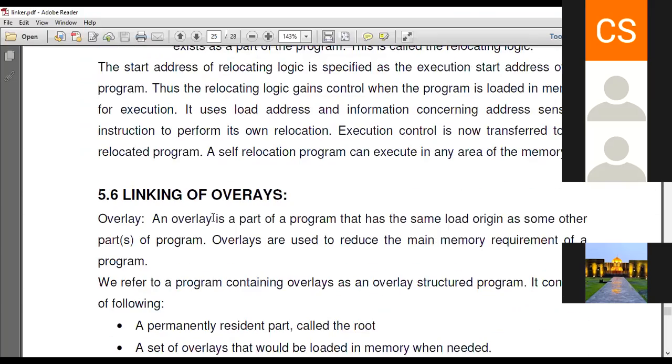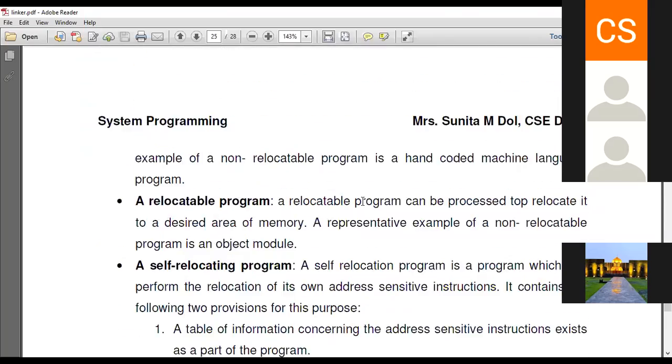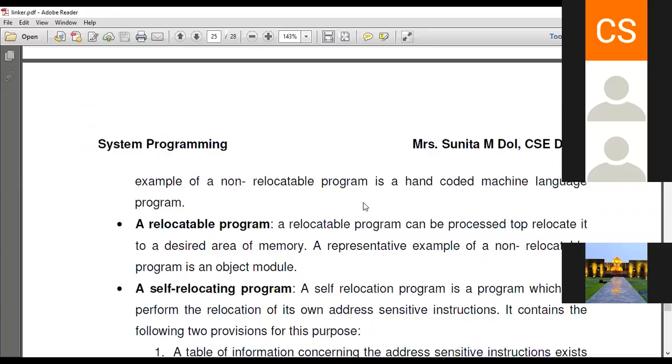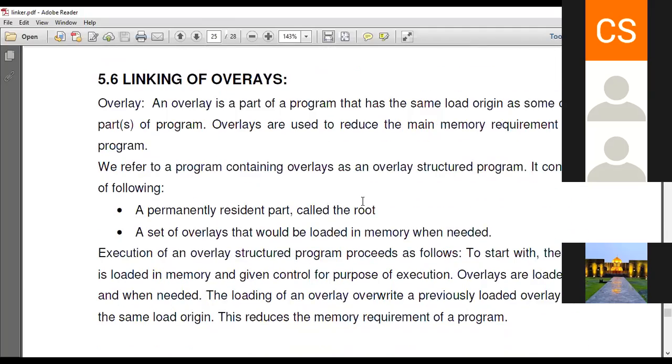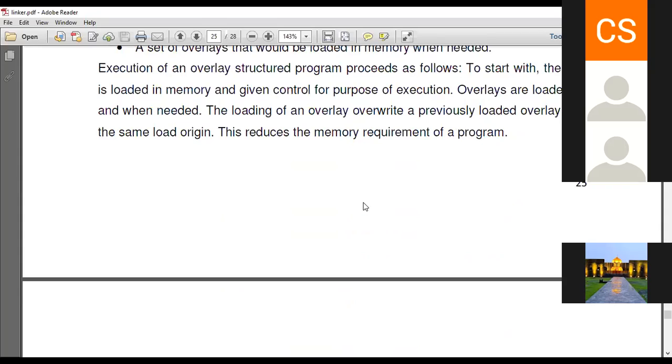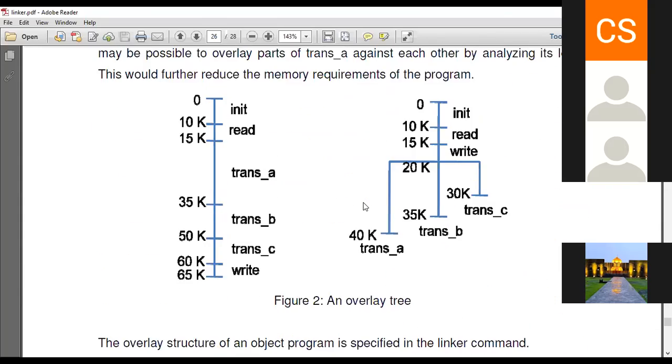So any confusion in this overlay, what is overlay, how it performs the linking of overlay, what is the root, what is overlay structure and tree structure of the overlay? Any confusion in that?